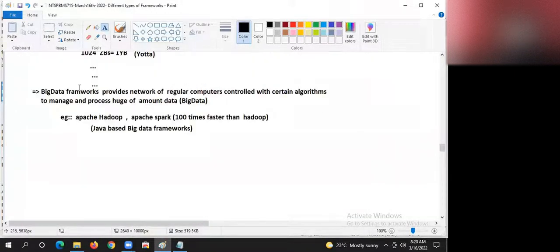Sir, when should I learn big data framework? After working in a company for 10 years as a Java full stack developer, when you go to another company to give your interview, they ask, apart from Java, what else do you know? What are your future plans? Then you have to say, I am planning to become a data scientist.